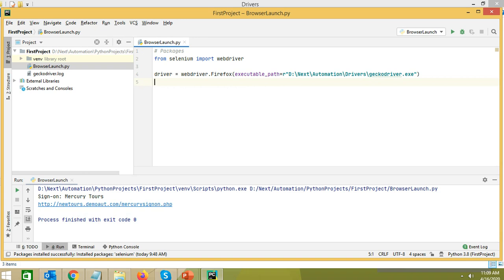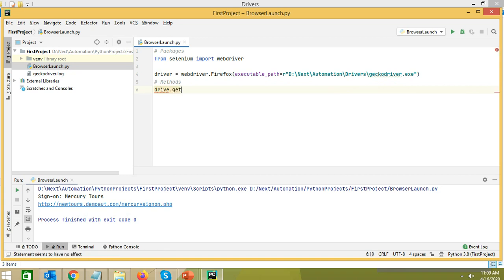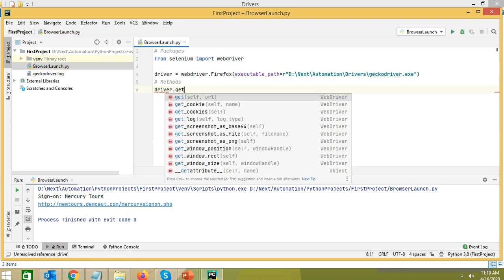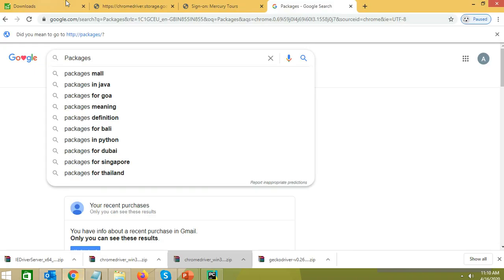And now I'll create a method. Okay, so first method that we need is driver.get(url). Here we need to specify the URL of the website that we want to open.